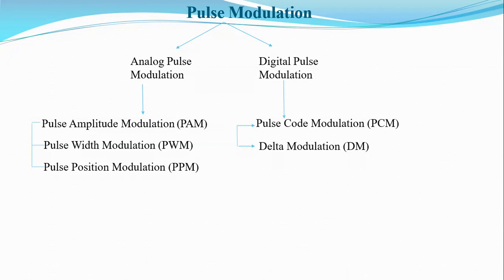The first advantage of using pulse modulation is the transmitted power. The transmitted power will be no longer continuous; that means it will be discrete. The transmitted power is no longer continuous as in continuous modulation, but the pulse signal will be in a pulsed nature. The second advantage is that the time between the pulse occurrences is filled by interleaving or multiplexing of pulse waveforms of some other messages. We call it TDM, that is time division multiplexing. So these are the advantages of pulse modulation.